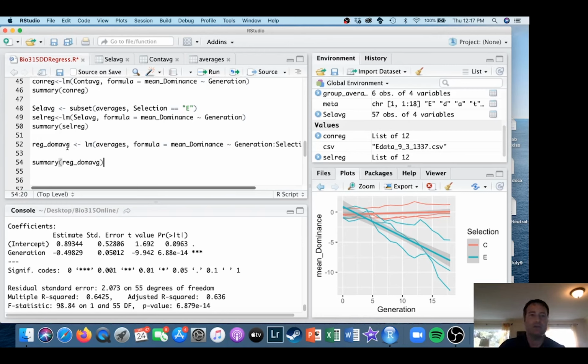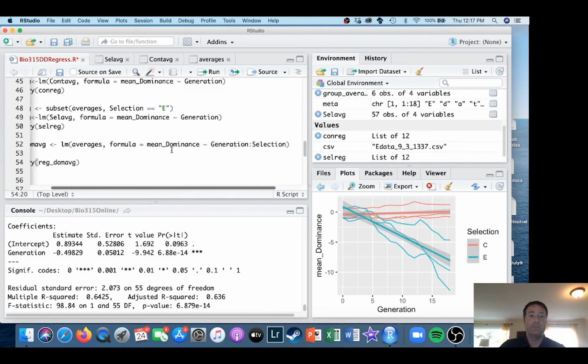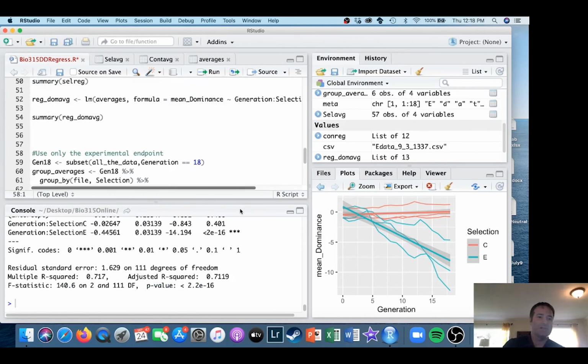I'm bad at naming things, okay? And we're going to do a linear model of the whole data set, averages, that contains both the C and E treatment groups. And our formula is mean dominance is a function, and in this case, I put generation colon selection. This is the first thing that we can do. So if we run that and then summarize it,